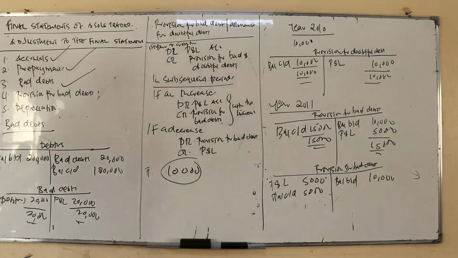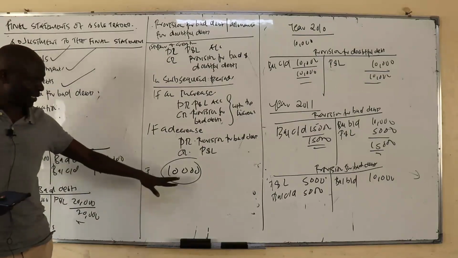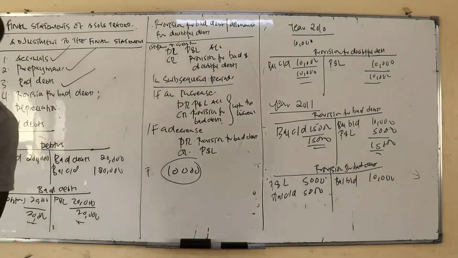But now if they fall sick and they consume the entire 10,000 in any given month, then you see this amount is not sufficient. You increase it, isn't it? So increase it from 10,000 maybe to 20 or 50. So that is what it means by provision. But remember, there's nowhere that this amount is going. It's just a provision. So that is how we treat